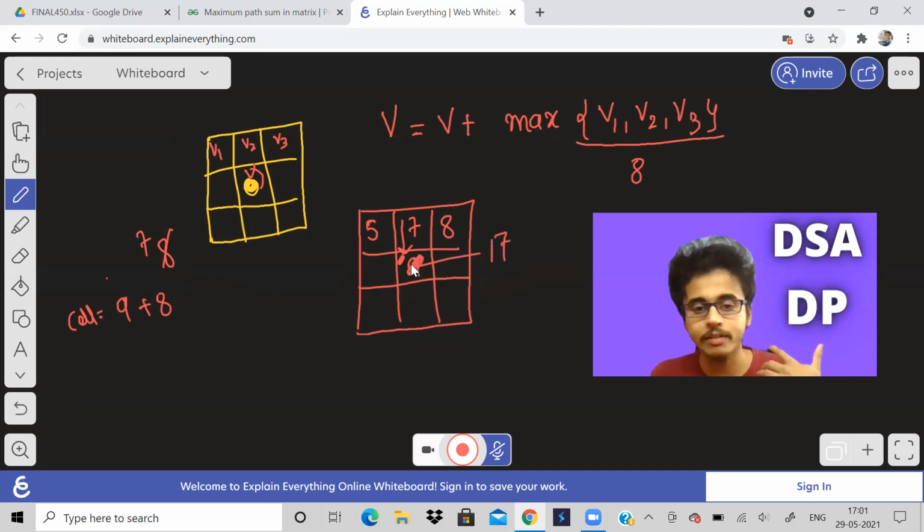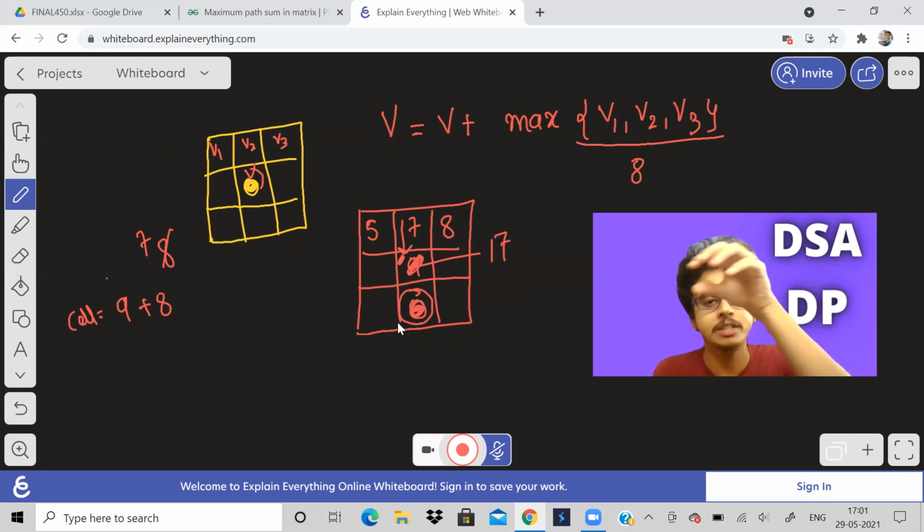See, now suppose we consider this cell. Now this cell value is changed to 17, which will help us calculate for this cell what will be the maximum sum. Like that, for each and every cell, apart from the first row, we have to do it. We don't have to do it for the first row because we are assuming we are starting from the first row.